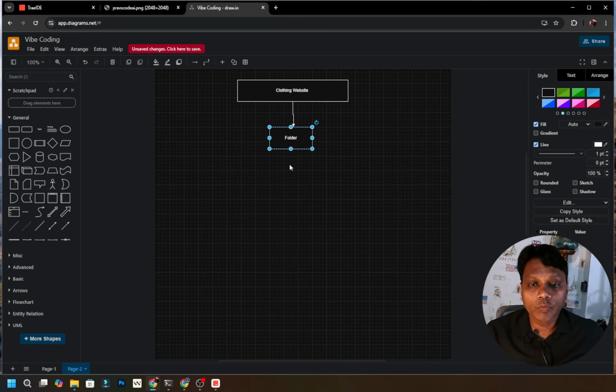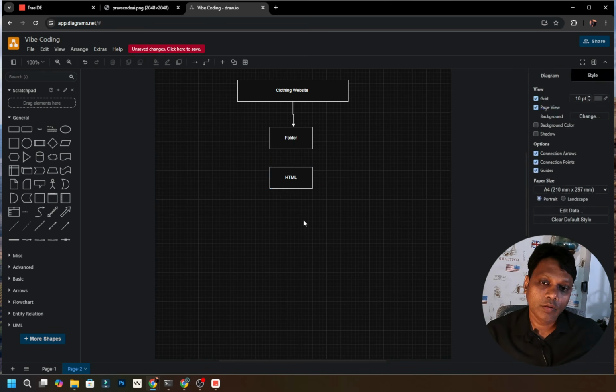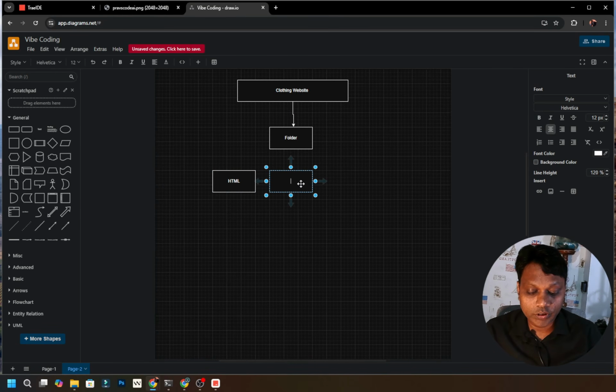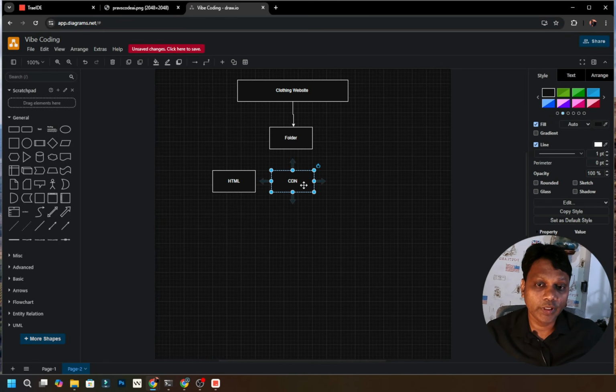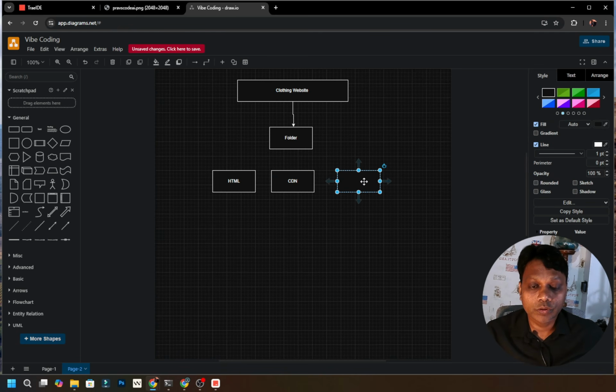Then we will use HTML, and we will use CDNs, content delivery networks, for various helper libraries,